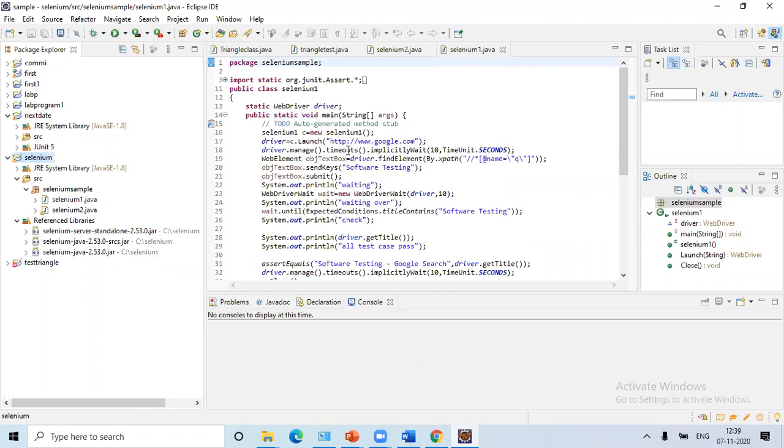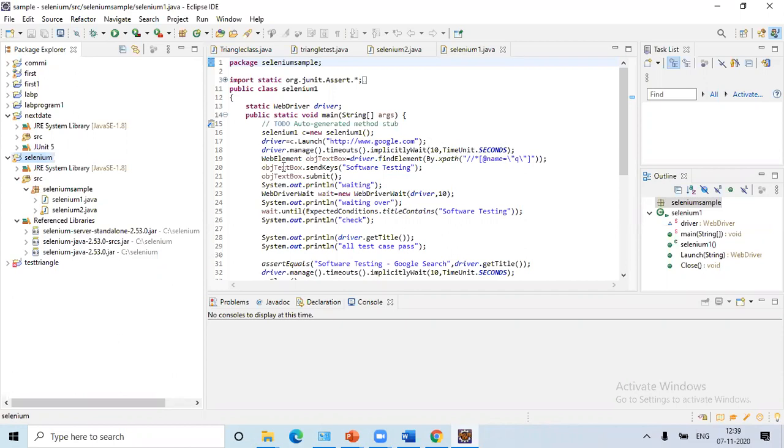And then here I am giving manage dot timeouts dot implicitly wait. So this much time you wait. If it is not going to open the next one, or it is unable to find it, then it is going to throw an exception that this particular web page is not responding, or whatever problem we are having. It will respond after this much amount of time.